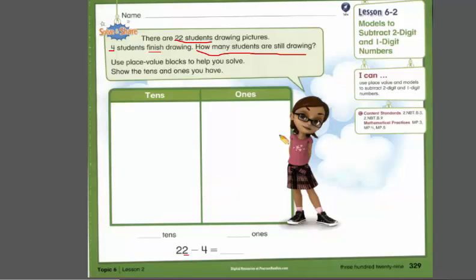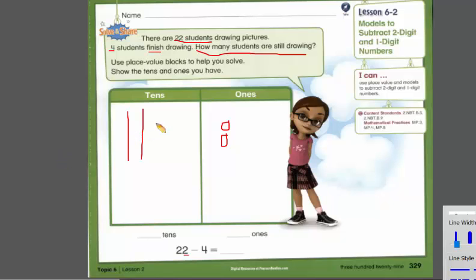Let us use the place value models. As I told you before, if you want to draw 1 ten rod like this. Okay, so I have 1 ten rod and now I have 2 ten rods. How many in the ones? I have 2 because the number is 22. Now, can you subtract 4 from 2? No. So what you will do? I will regroup 1 ten,